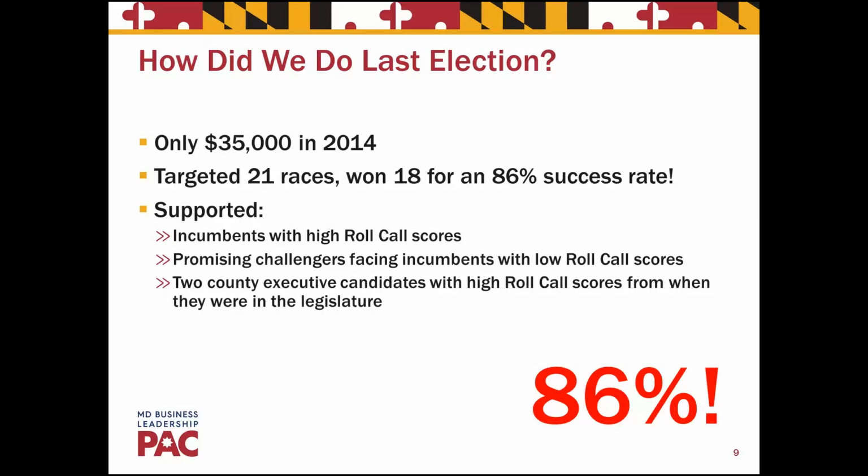The other thing we did was, if an incumbent legislator was a low scorer facing a promising challenger that looked like they would have a chance if we put our limited funds behind them, then we did so. We deviated slightly this past election as well because we had 2 state senators running for county executive. We generally don't get into the county level, but in this case, they had stellar track records as pro-business senators in the legislature. So we got behind them to help ensure that we had pro-business people at the county level.